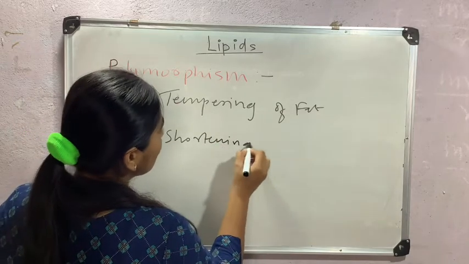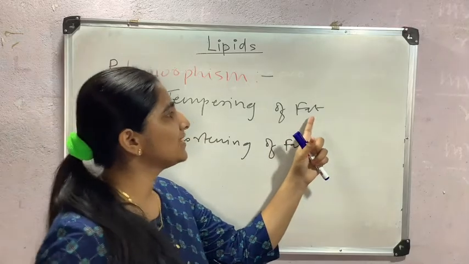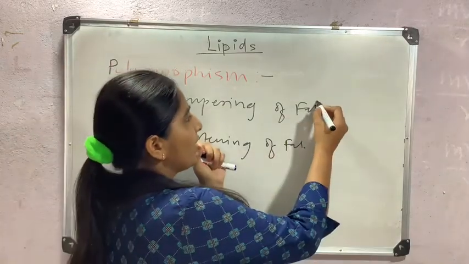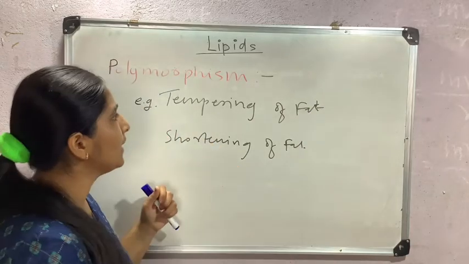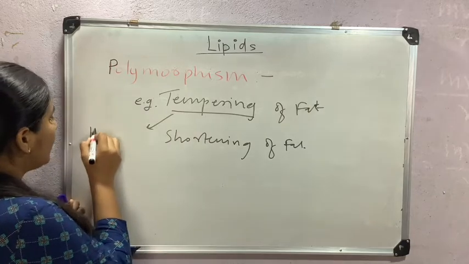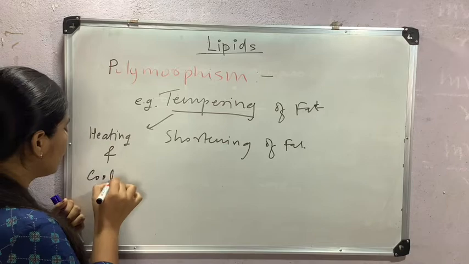The tempering process is used in the manufacturing of chocolate, or we can say tempering of chocolate. Tempering means a heating and cooling process